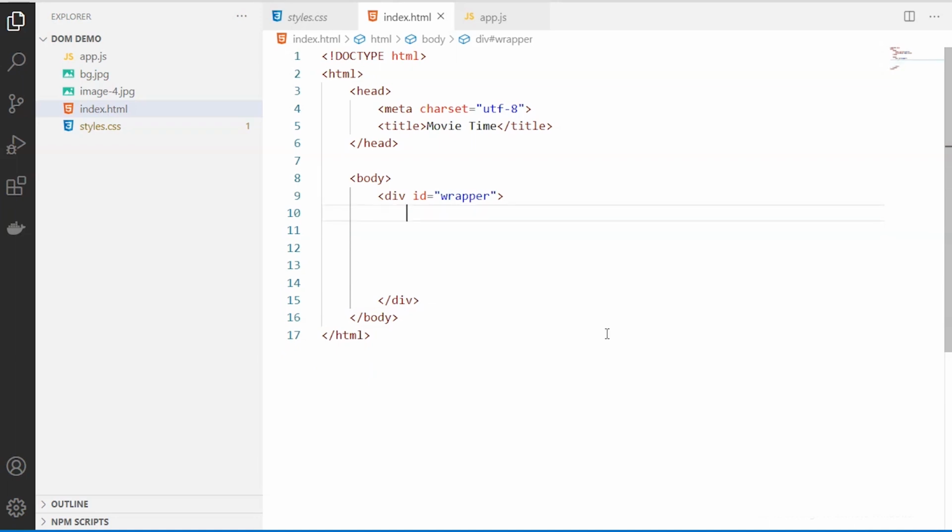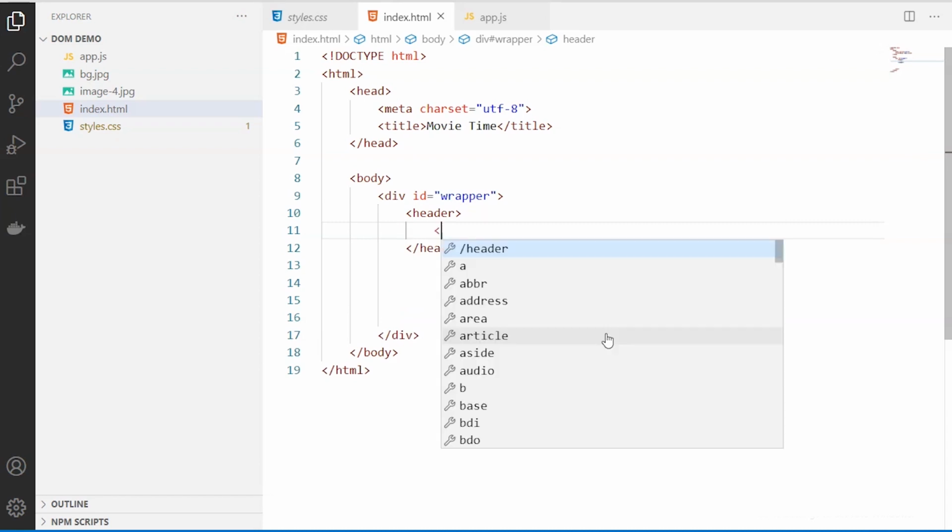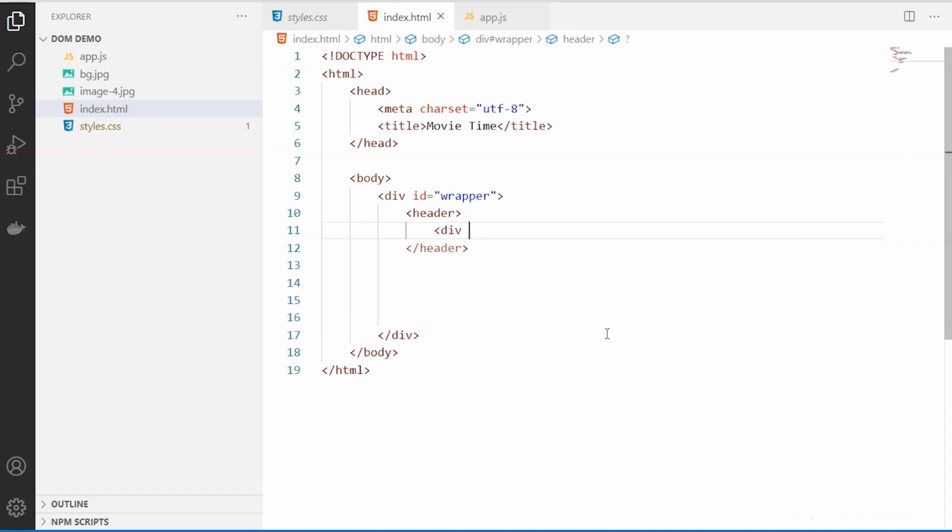And inside my div, I'm going to have a header. So this is an HTML element, header. And inside this header, I'm going to have the title, which says movie time, and it also has a tagline I showed you in the finished web page. So the movie title as well as the tagline, I'm going to include here.